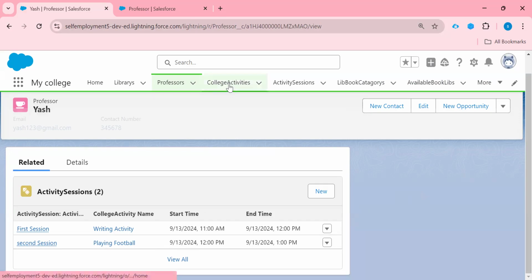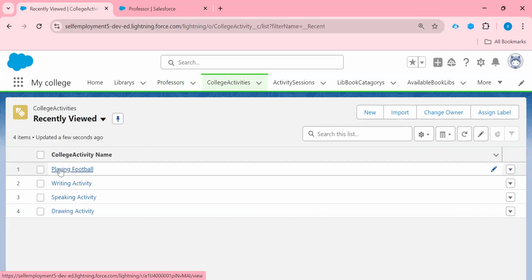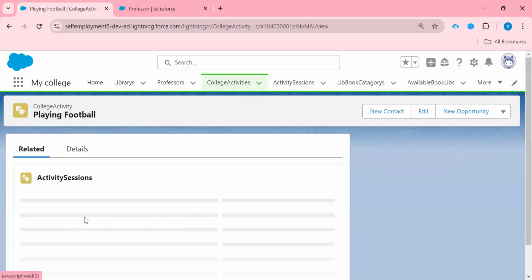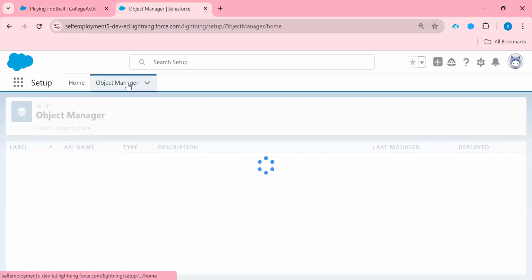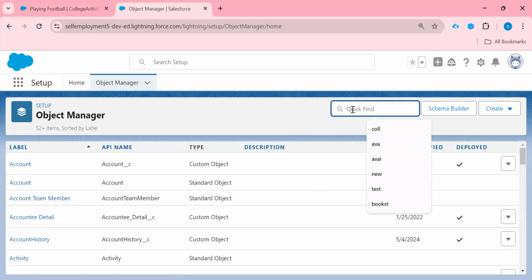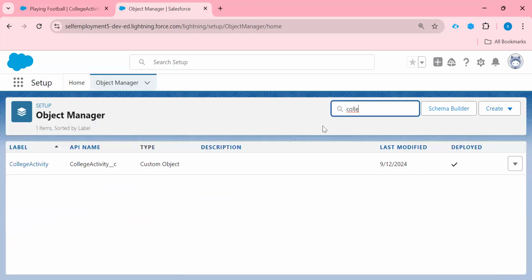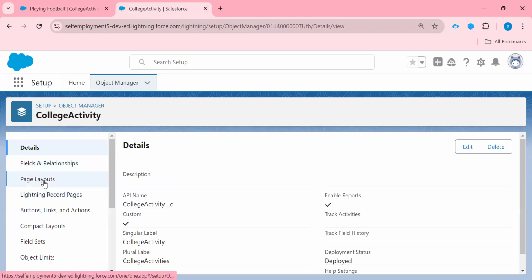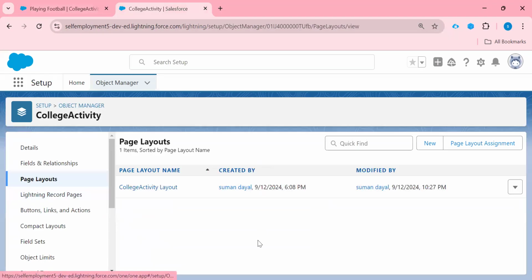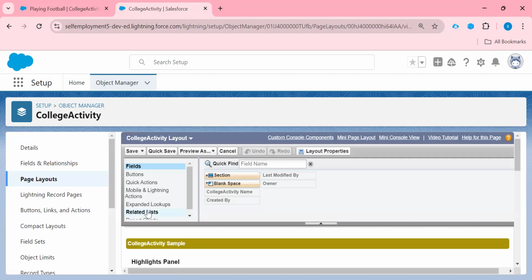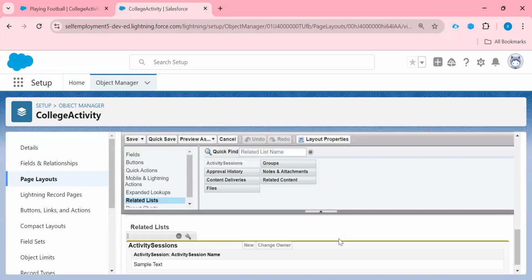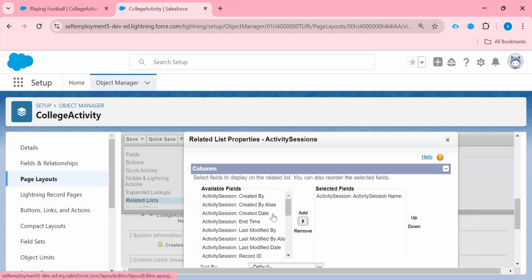Similarly, we can create a related list for our college activity, so we can know which professor is participating in this activity. Let's create one more. Come to our setup, open your object, that is college activity, click on page layout. In a similar way, we can create our related list for college activity also. Click on related list, click on properties,